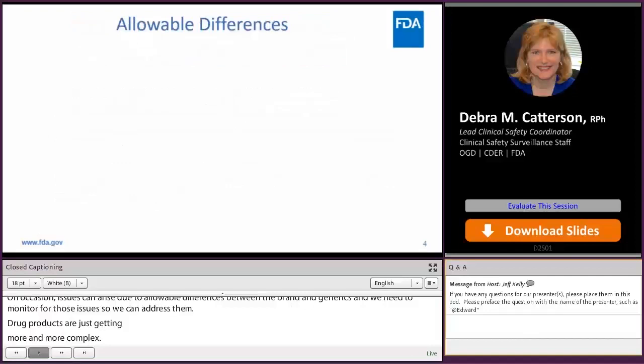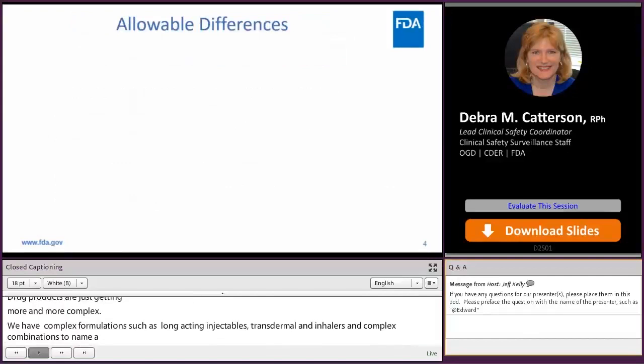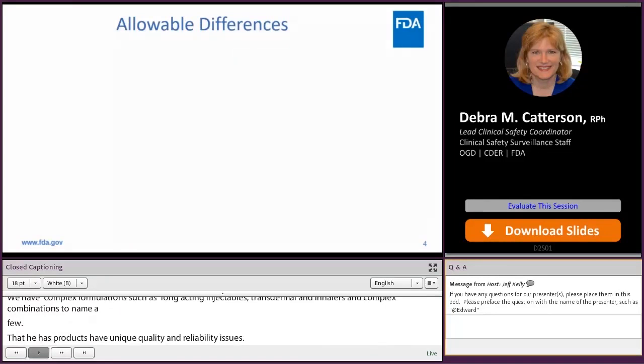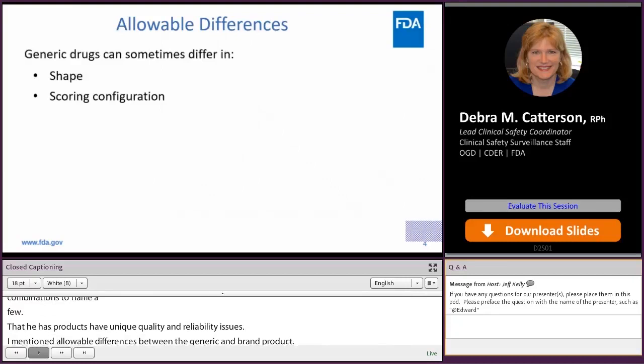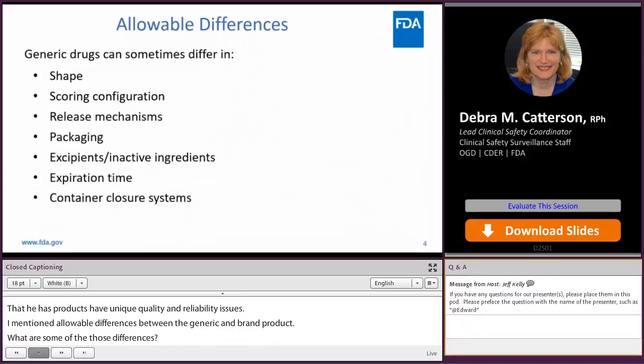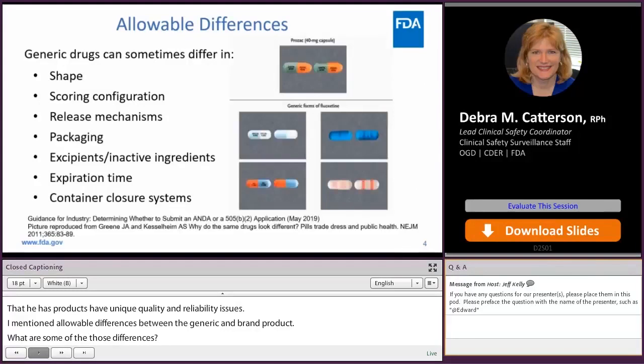So I mentioned that there are allowable differences between the generic and the brand product. So what are some of those differences? Generic drugs can differ in shape, scoring configuration, release mechanisms, packaging, excipients or inactive ingredients, expiration time, and container closure systems. As an example, the green and orange capsules in the photo on the right are the brand name Prozac